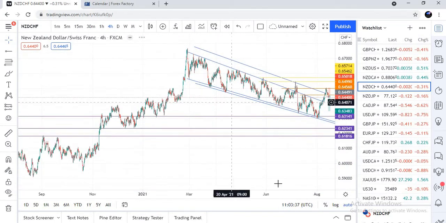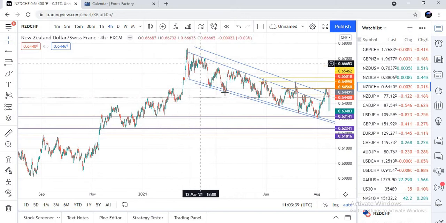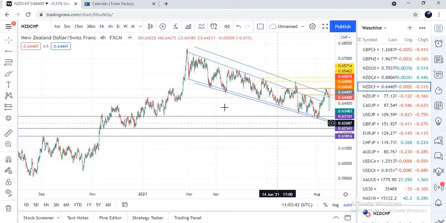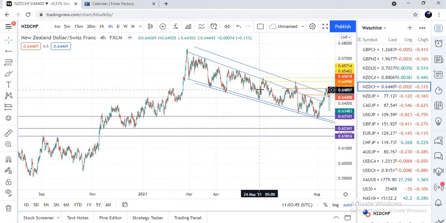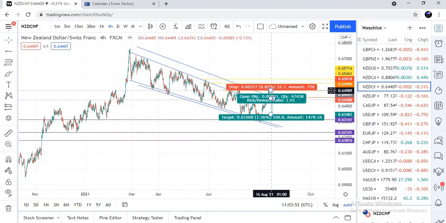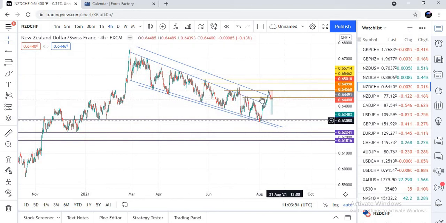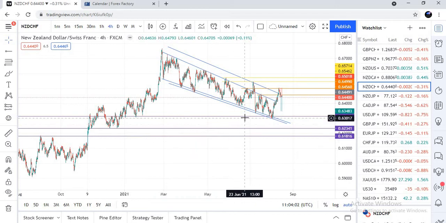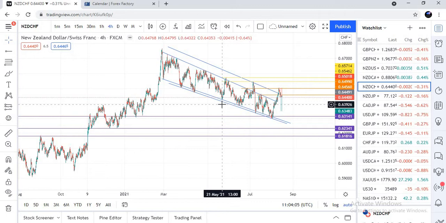As you can see, this NZDCHF has been moving in this pattern, up and down, for some months now. So we are just trading this because we feel it might still keep moving in this pattern. But patterns like this don't last for long. They have an expiry period, a time that they will expire. But let's see how things will go for next week.